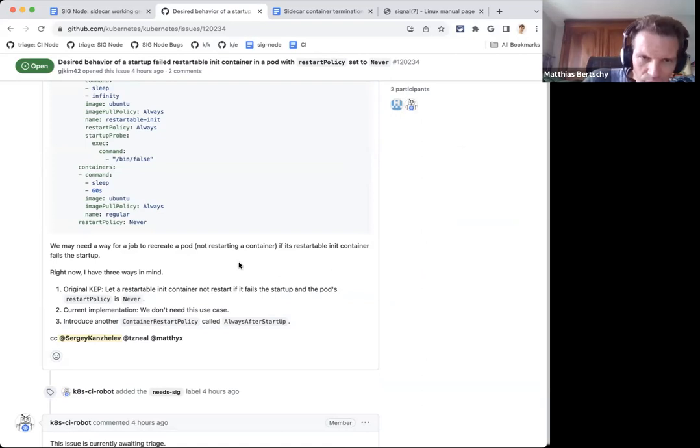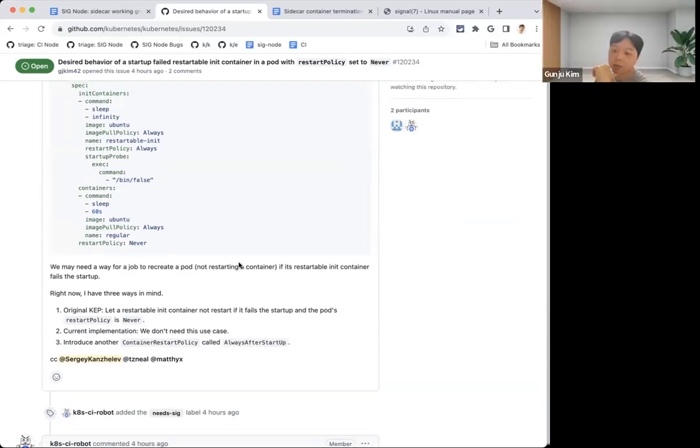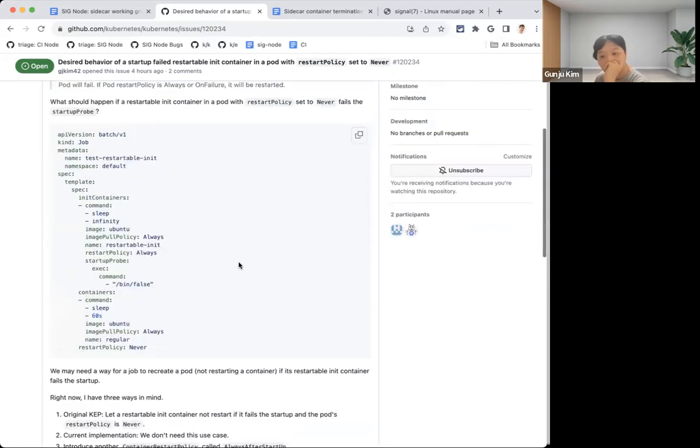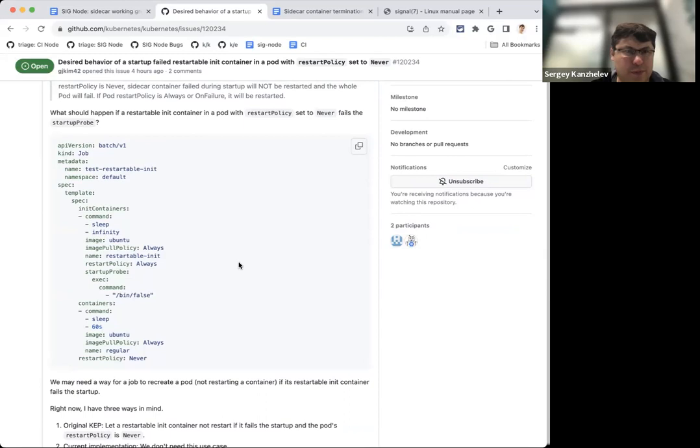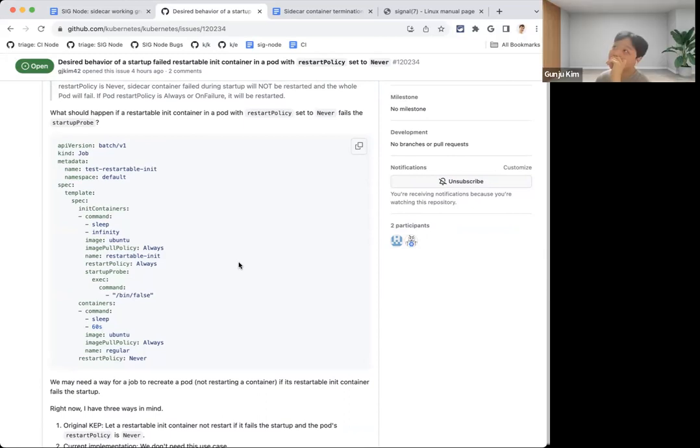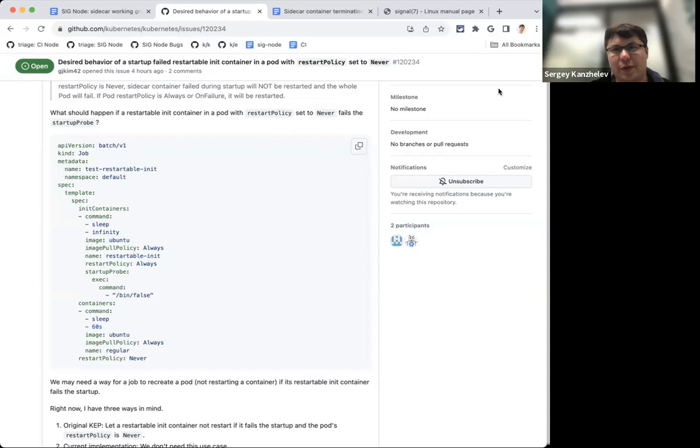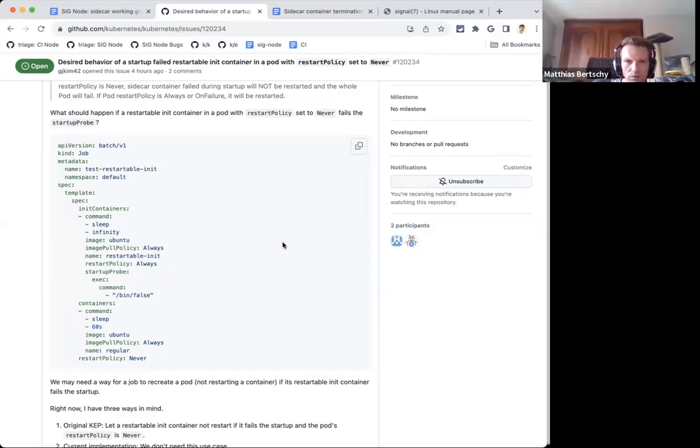Okay, so we have a restartable init container on a pod with restart policy never. Yes, pod restart policy is never. And what happens if pre-stop fails? Pre-stop is not related to that. So here I would expect to try to restart the init container until we start and fail the main container. To me, the restart policy never for the pod applies to the regular containers, not the init. So I would always restart the